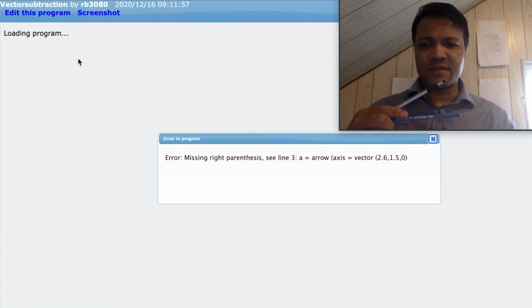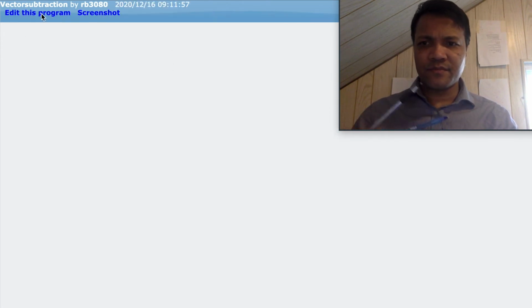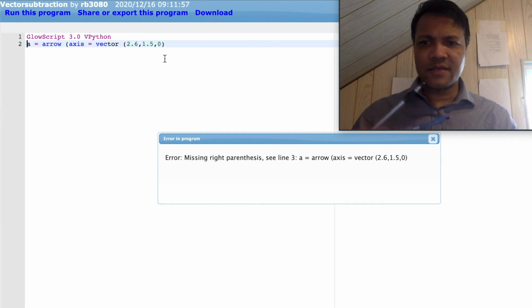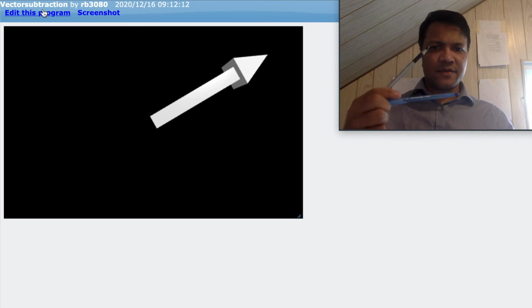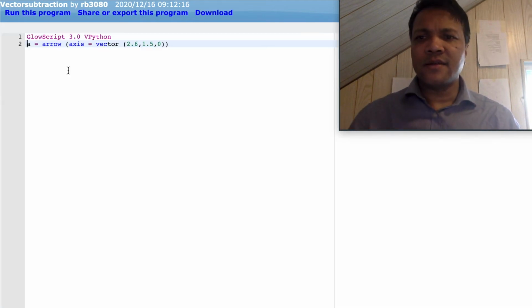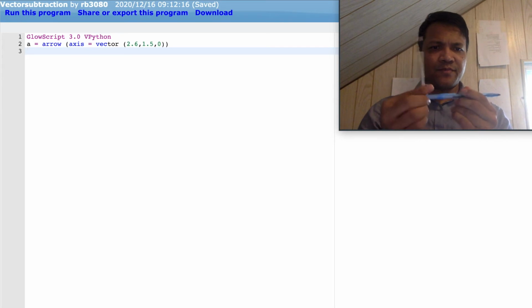So something is missing. I exactly know what is missing. Edit. So vector a should look like this. Okay, that is right. So the x-axis is imaginary, so you're just gonna have to imagine that. Now we're gonna do the vector b. The vector b looks like this one. All right. Okay. So since we're gonna do a minus b,